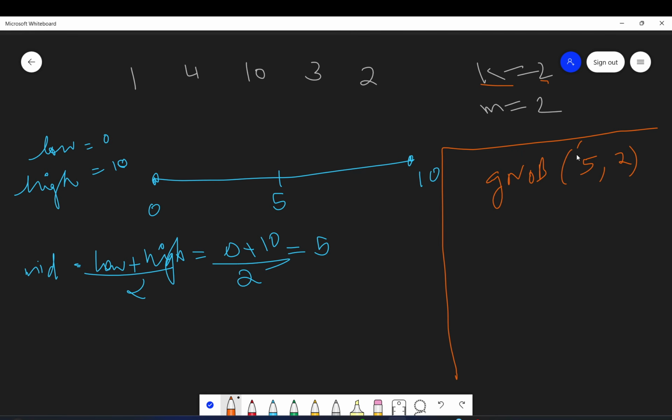This function will tell me how many bouquets will be made in 5 days.